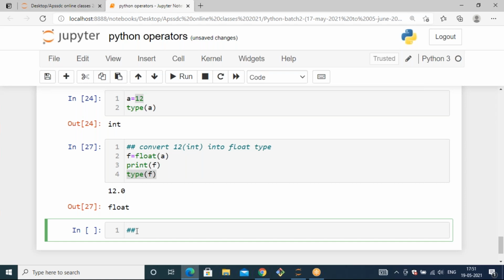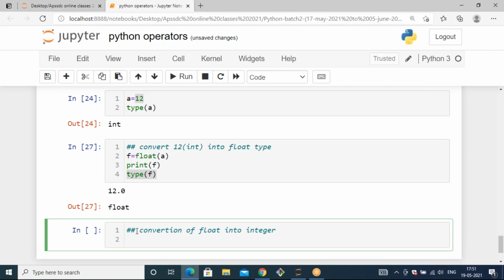Can we convert float to integer, ma'am? Yes, you can convert it. So now let's see a conversion. I'm asking if we keep the point in some other decimal place, will it move or will it be the same, ma'am? It will be moved. So see here also, if I take a floating number, I need to convert float into integer. So let's see.